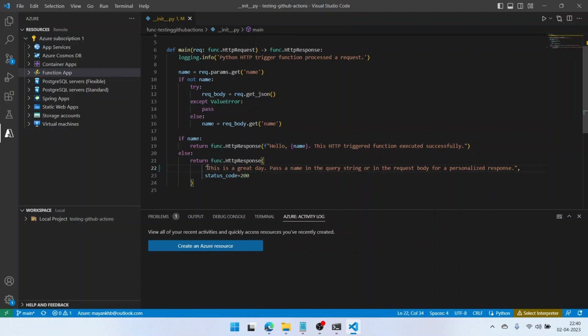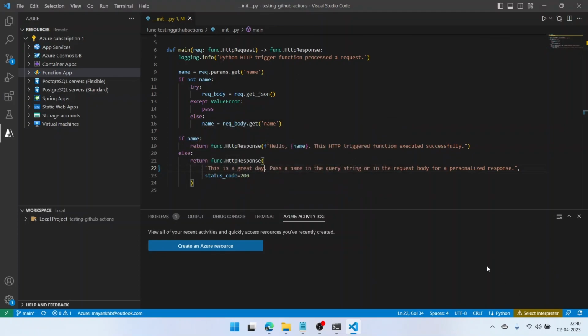Now this change has been made on our local system. If you want this change to take effect in Azure, what we need to do is click on deploy to function app again, click on this app, select the app, and click on deploy.